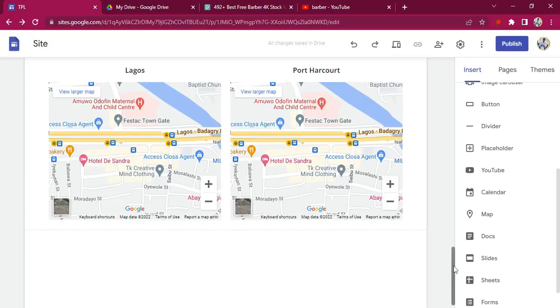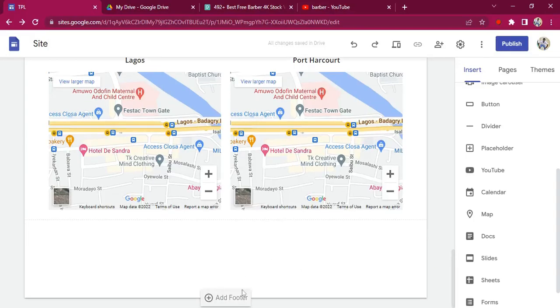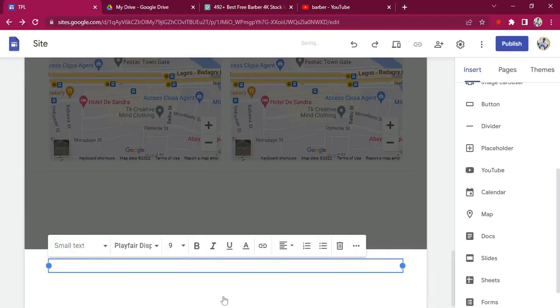So you can also create a footer with Google Sites. When you go to the bottom and hover over it, you will see add footer. You just click on it, and first, let us add our logo. Let's assume TPL is our logo. So just write TPL,